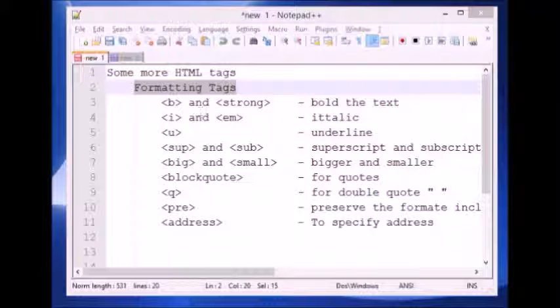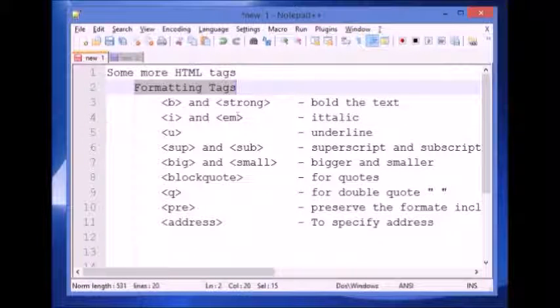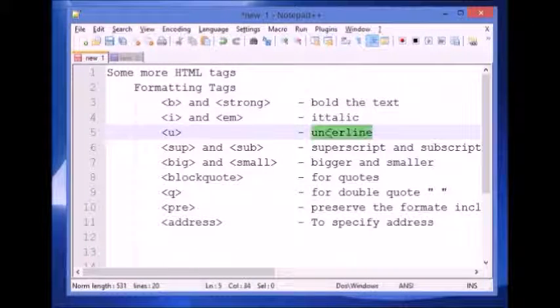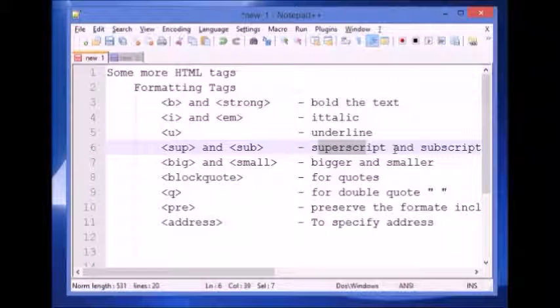So if you have ever used any word processor like Microsoft Word, then you may be familiar with how we can make text bold, italic, underlined. So like in a Microsoft Word document, here in case of our HTML document, how we can make our text to be bold, italic or underline, and how we can put superscript and subscripts to the text,